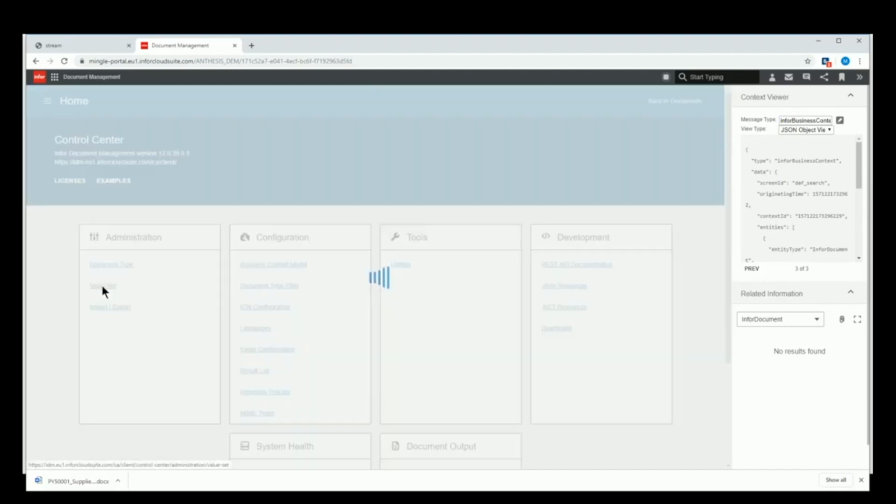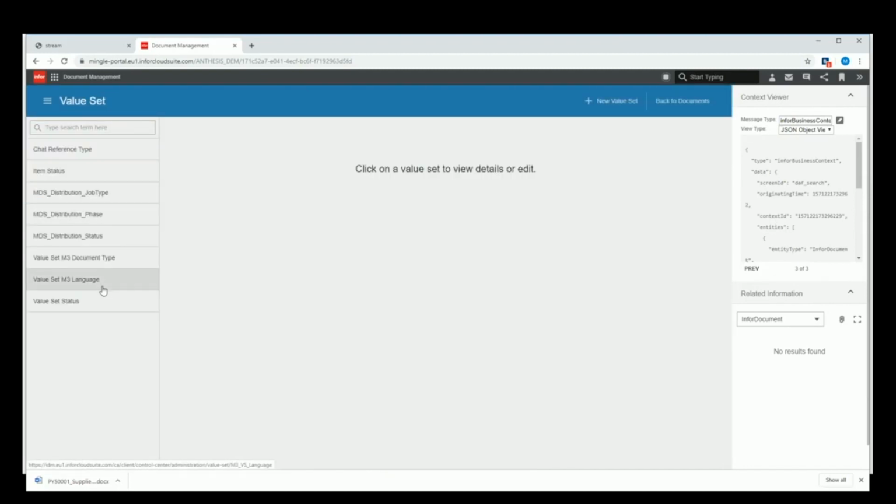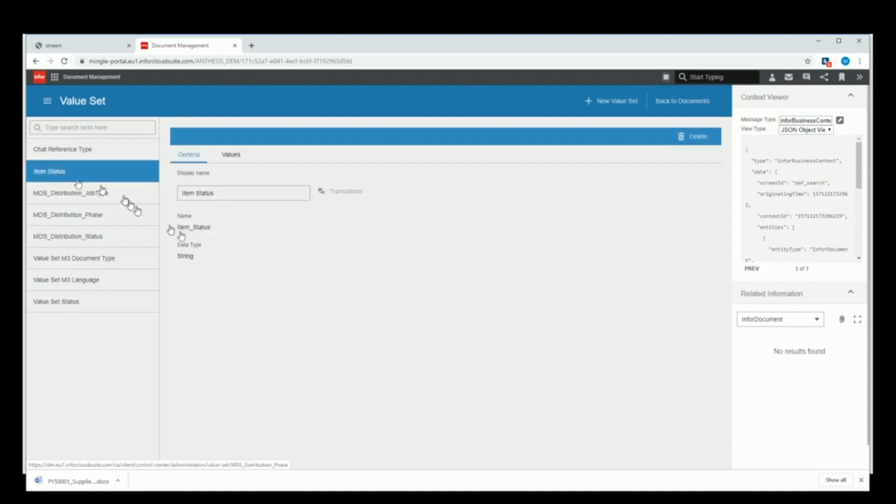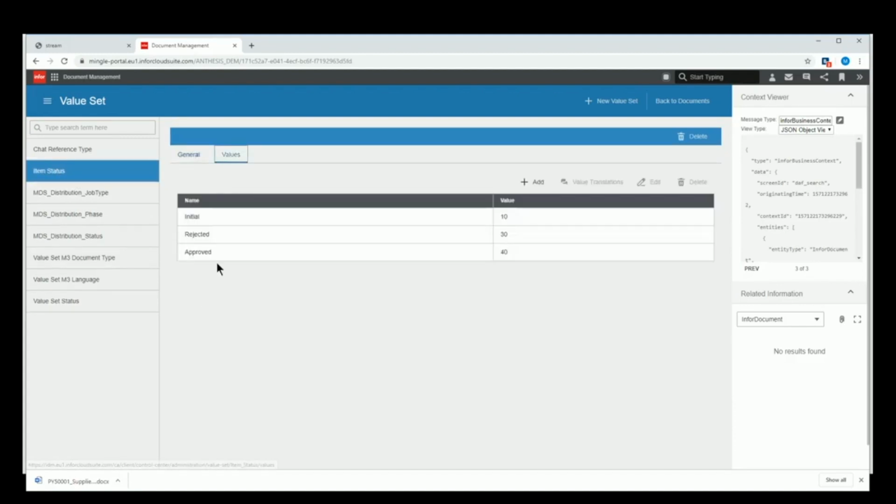So we have the value set option here. This is our item status, and the values are initial, rejected, and approved. This is what I was using in the example that we just worked through. Yep. So you set those up, and then as part of the